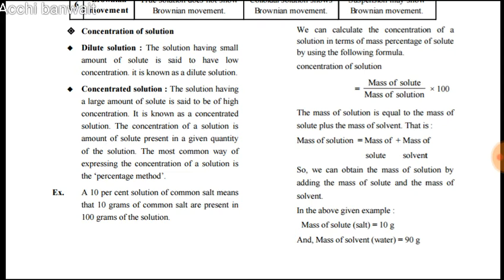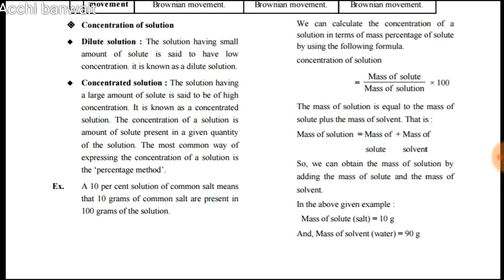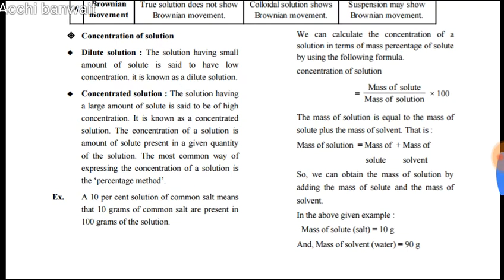Next is concentrated solution. A solution having a large amount of solute is said to be of high concentration. It is known as a concentrated solution. So understand both: small amount of solute, dilute solution; large amount of solute,